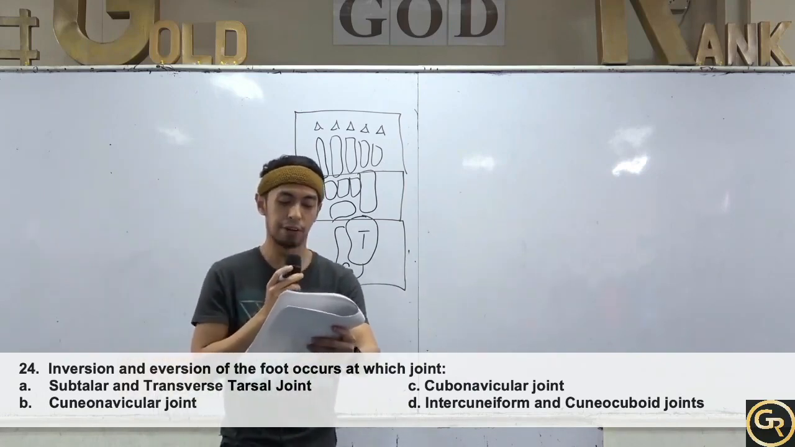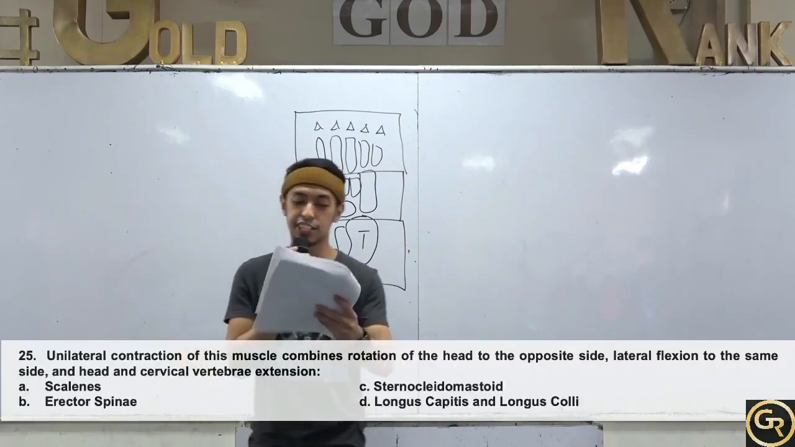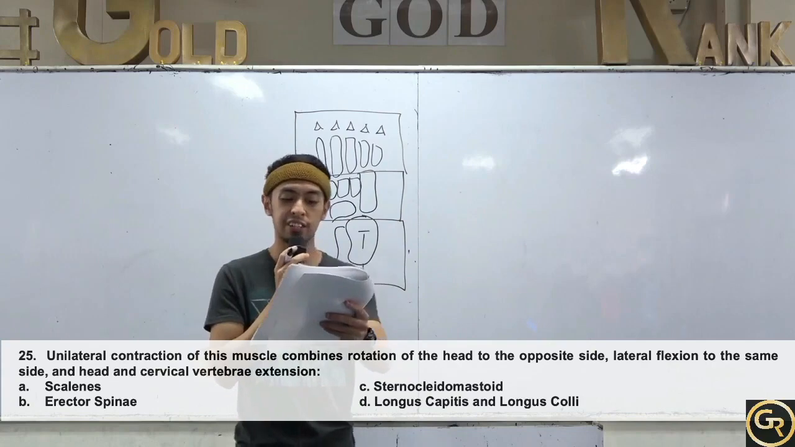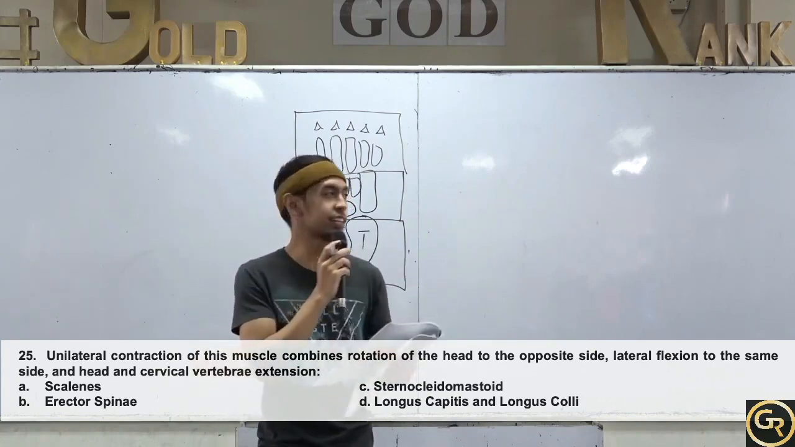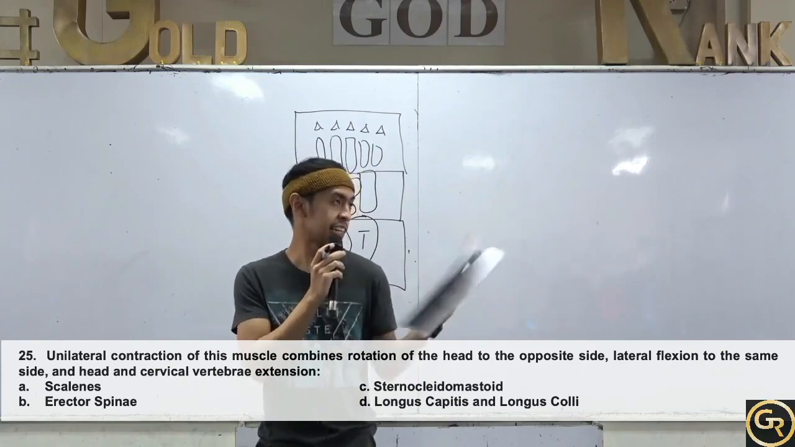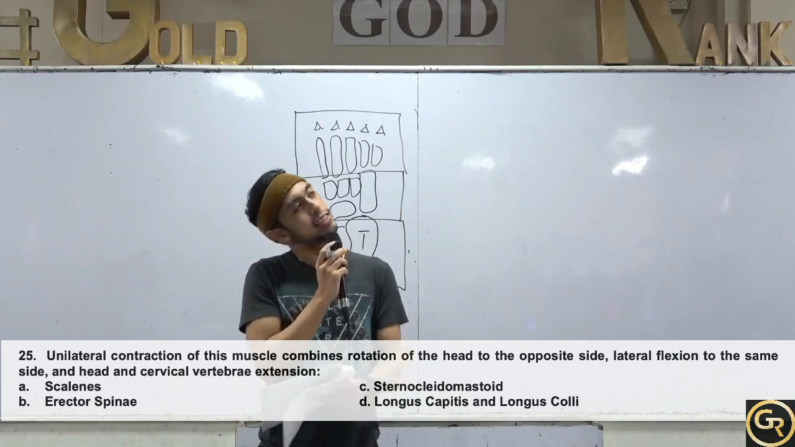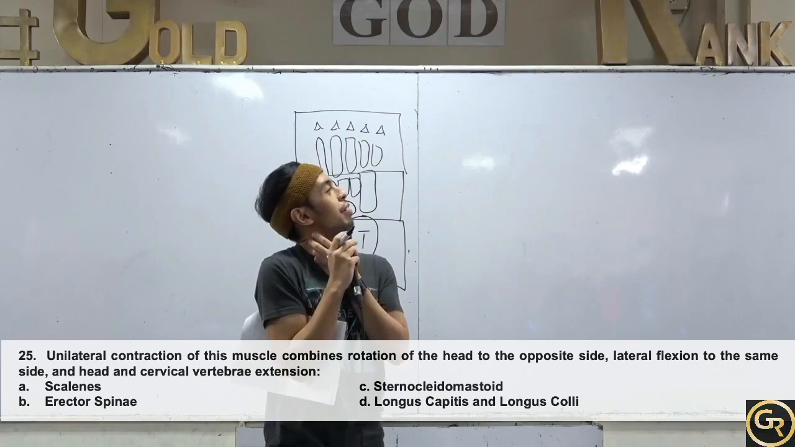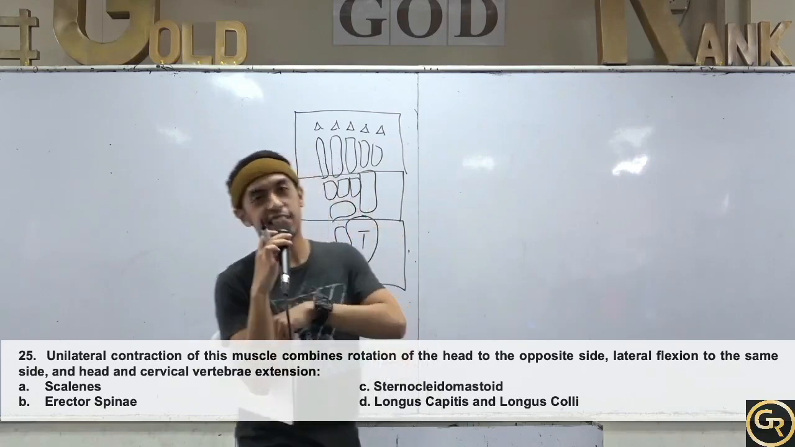Okay, letter apple. 25. Unilateral contraction of this muscle combines rotation of the head to the opposite side, lateral flexion to the same side, and head and cervical vertebrae extension. So ano ulit? Rotation of the head to one side, so opposite side, pero lateral flexion on the same side. Okay? So this one. And then also cervical extension. So kung ginawa nyo to, mararamdaman nyo na kaagad. Okay? Sino po yung muscle na to? It's your SCM or your